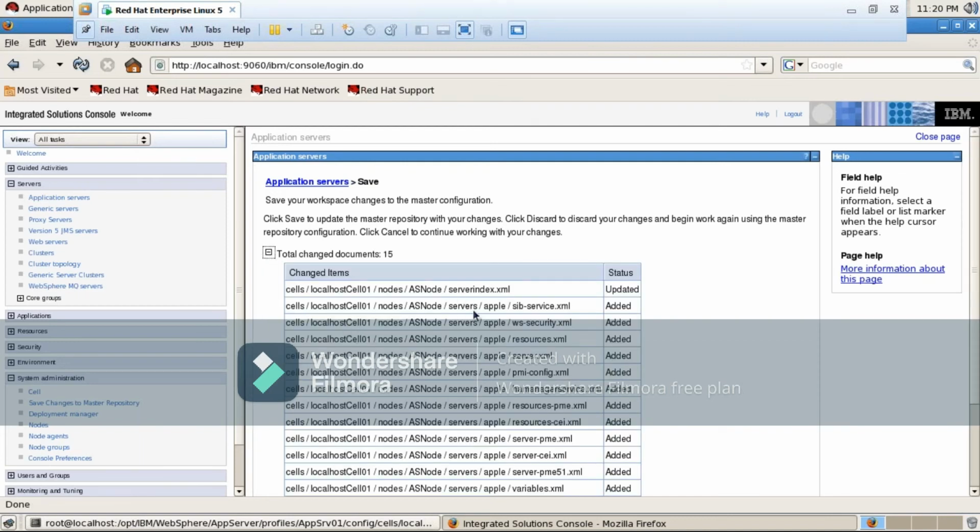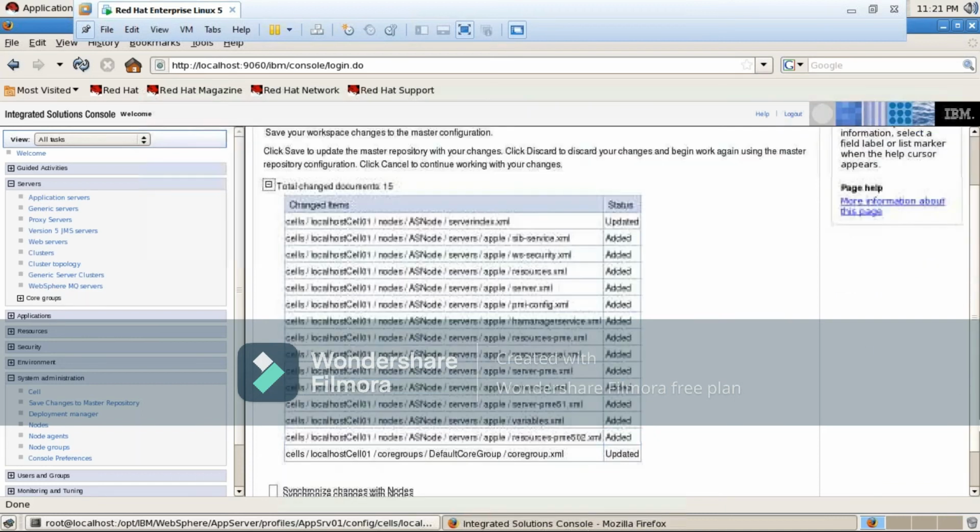See how many are updating. Those updated are the server index.xml file, which is available at the AS node, which is already there, right? It is updated. All the remaining ones are added because you created Apple as the new JVM. That's why all are added. But why was the server index.xml file in the node, which was already there, updated? Because whatever port numbers are used by this Apple are updated in the server index.xml file of the AS node.